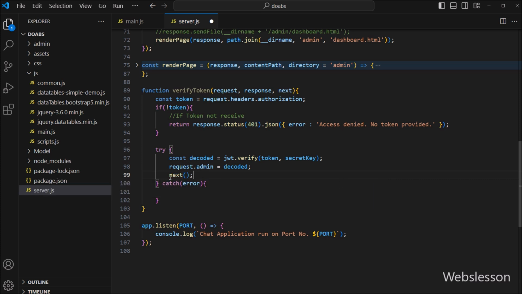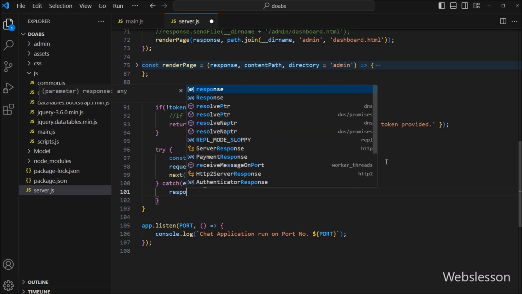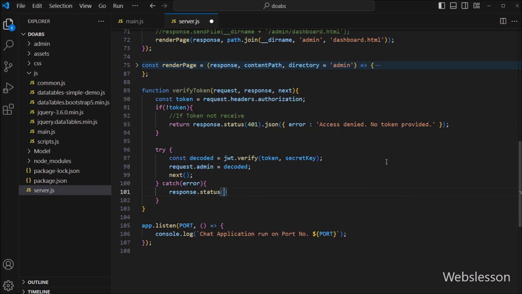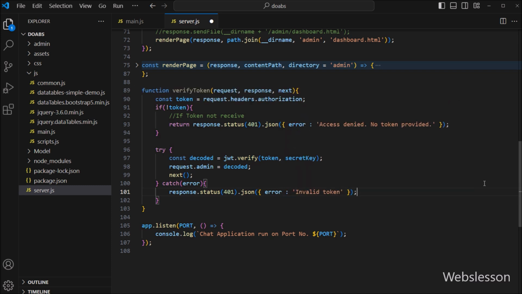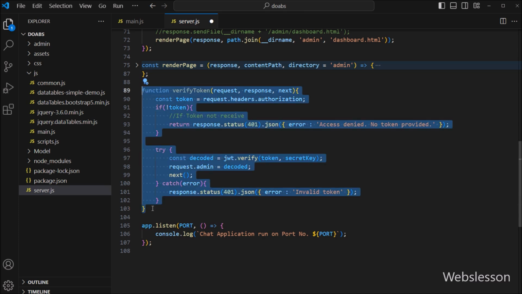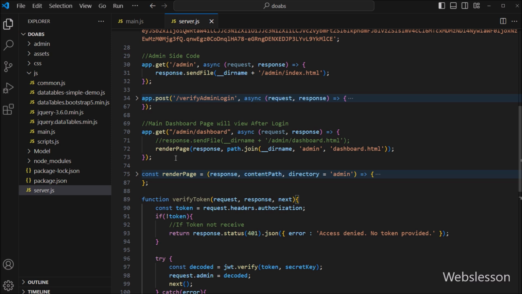But during decoding process, if there is an error occur, then this catch block of code will execute. And here, we have to write, response.status function, with 401 status code. And after this, we have to write, JSON function, and under this, we have to write, error as key, and in value, we have to write, error message like, invalid token, so this error will be sent to client. So here, our middleware is ready, for decode JWT token data,